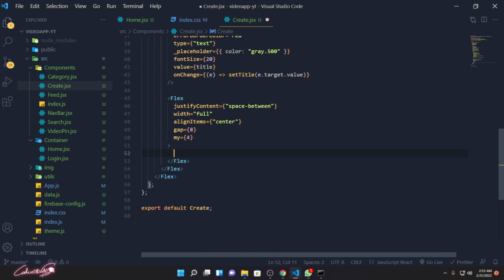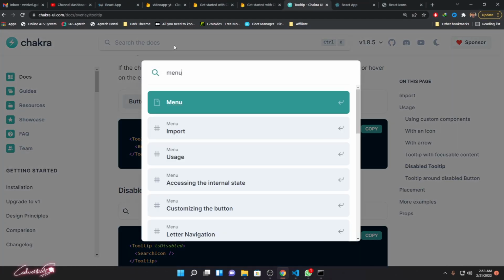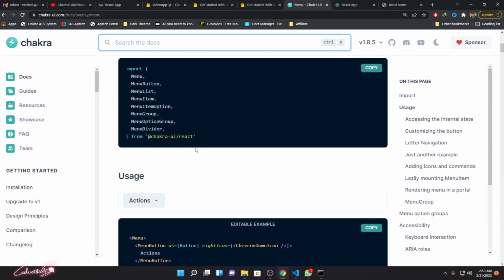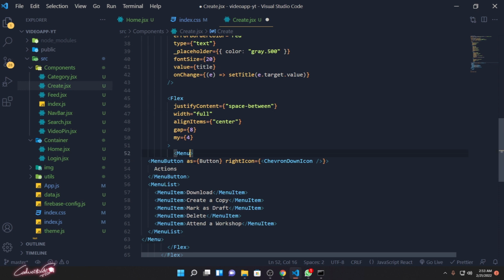Then inside here, first we need to load the menu item. So let's go ahead and copy that menu item and all those things. Okay, then we need to bring up that location, input location. So what I'm going to do is go here and search for menu. Okay, so I'm going to copy this, and I'm going to paste it here. Add menu button, we need button, and menu list, we need list, menu item, we need item. So we'll change all these things. Okay, so